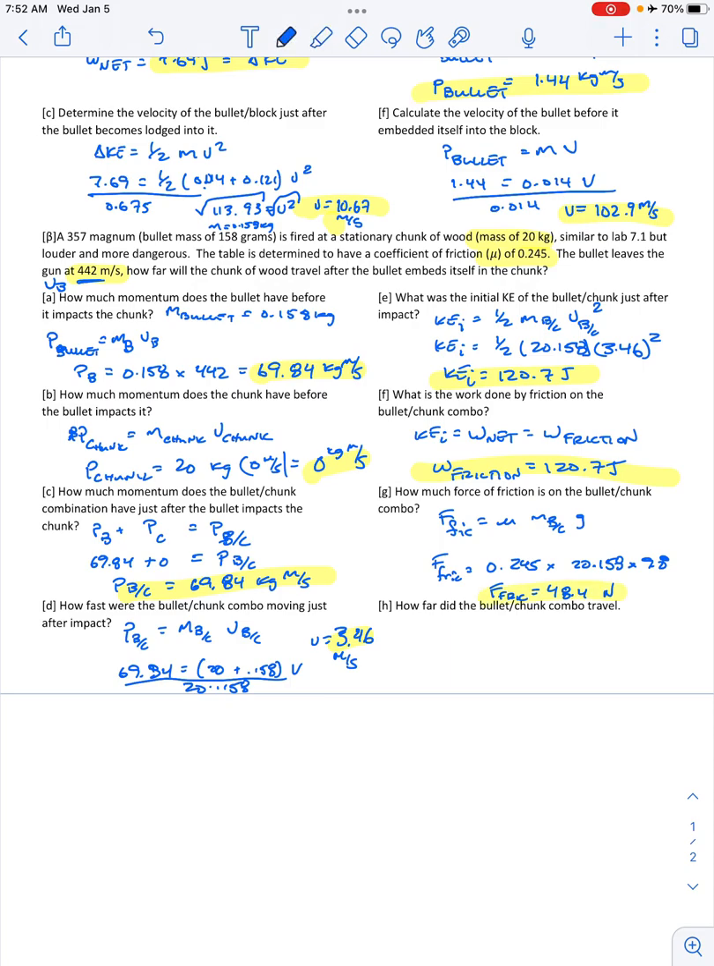And lastly, how far did the bullet chunk combo travel? Again, that's going to be based off of the work of friction and the force of friction, and then our delta x. So if we know that we've got 120.7 joules there, 48.4 newtons there, delta x there, divided by 48.4, delta x equals 120.7 divided by that. We see this should be 2.49 meters is how far that thing